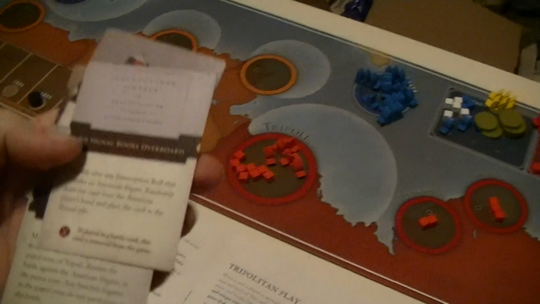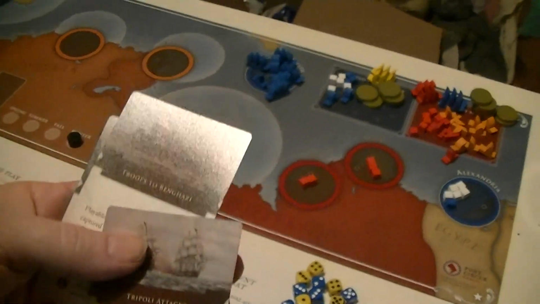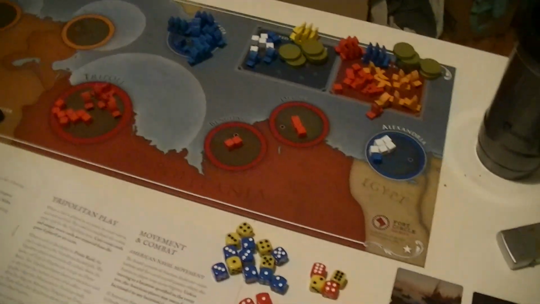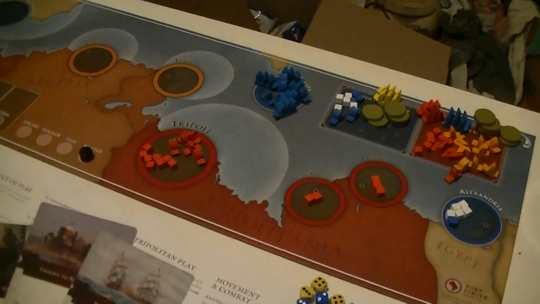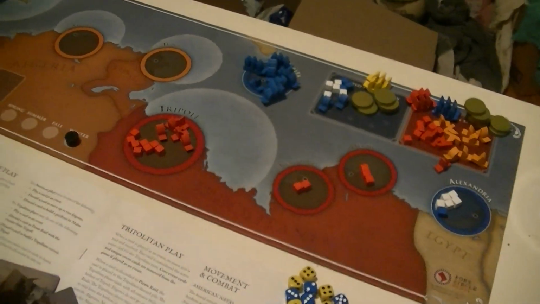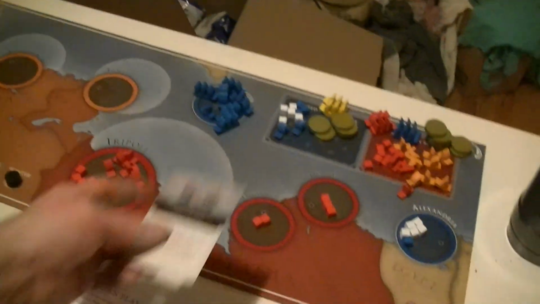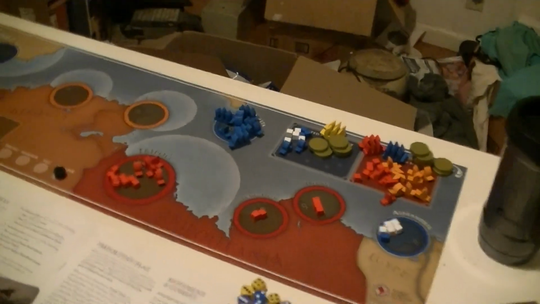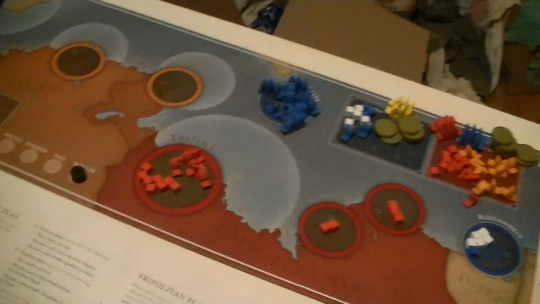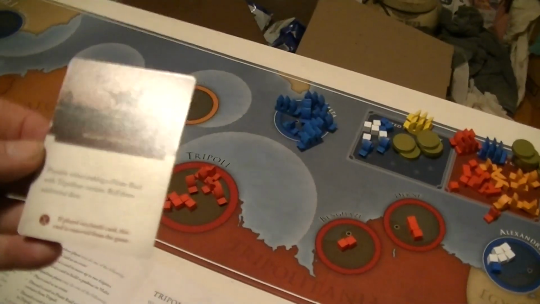So I have Happy Hunting to play for the raid. There's not going to be an interception roll. I don't know. This could win me the game. That's the problem. If there's a blockade out there, being able to hit a couple of frigates is going to be pretty damn unlikely. So I'm going to discard the Tripoli attacks to allow me to attack, and I'm going to play Happy Hunting